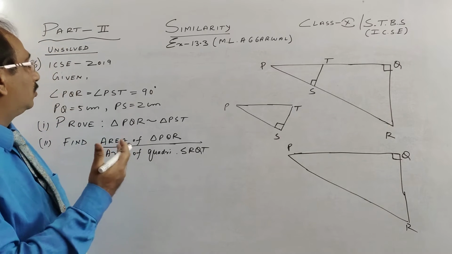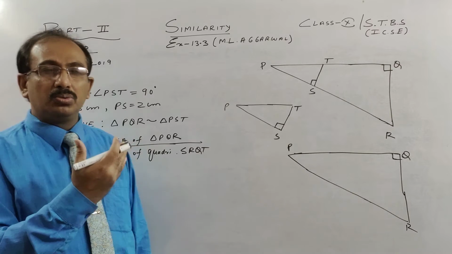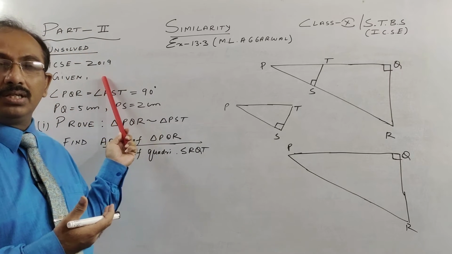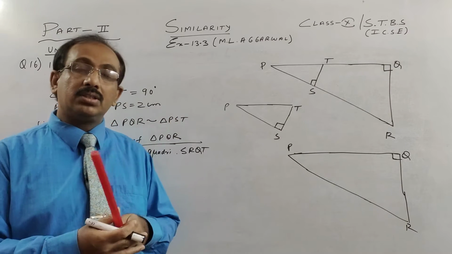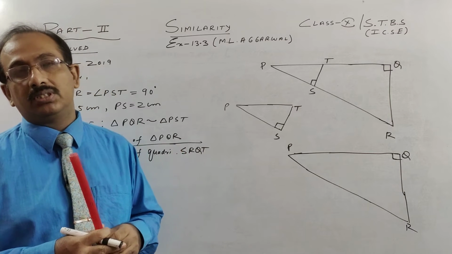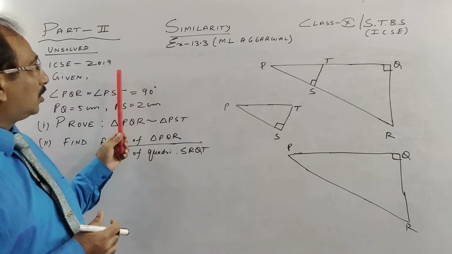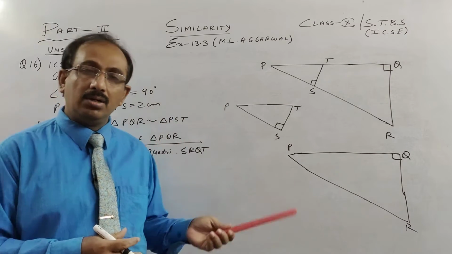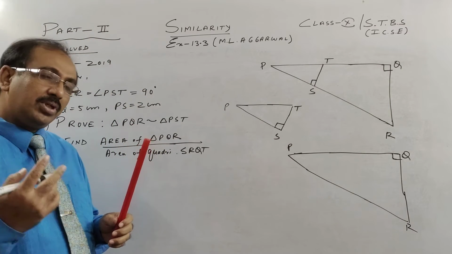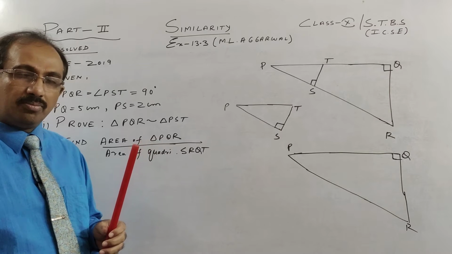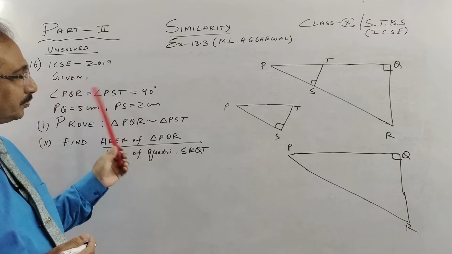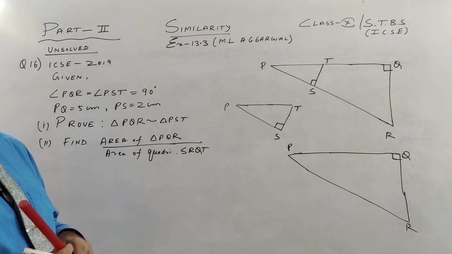So here I am going to do, in this 2-3 video lesson, 2 sums of previous year ICSE. I am not starting with 2020 because the 2020 question came from maps and model, which is size transformation, which is out of this reduced and revised syllabus. So 2019 I'll do, and then I'll do 2018, where you will see 2 questions had come. I think some year you have 2 questions. That maps and model I will not do because it will not come for you. So I'll do other questions based on similarity.